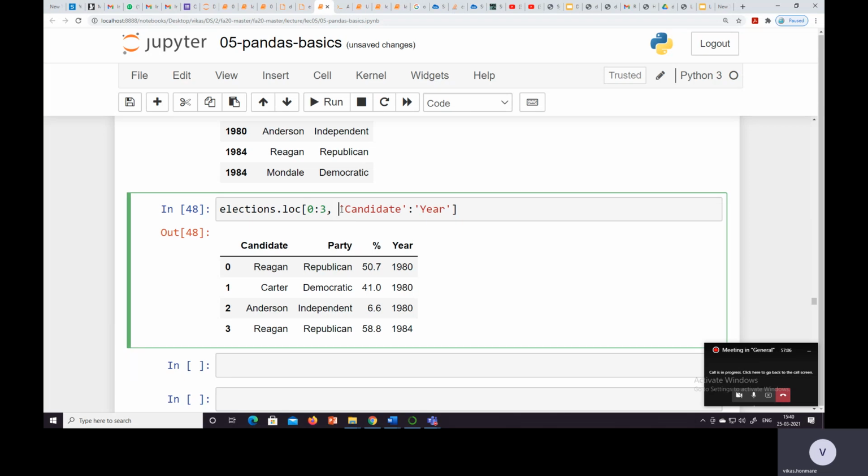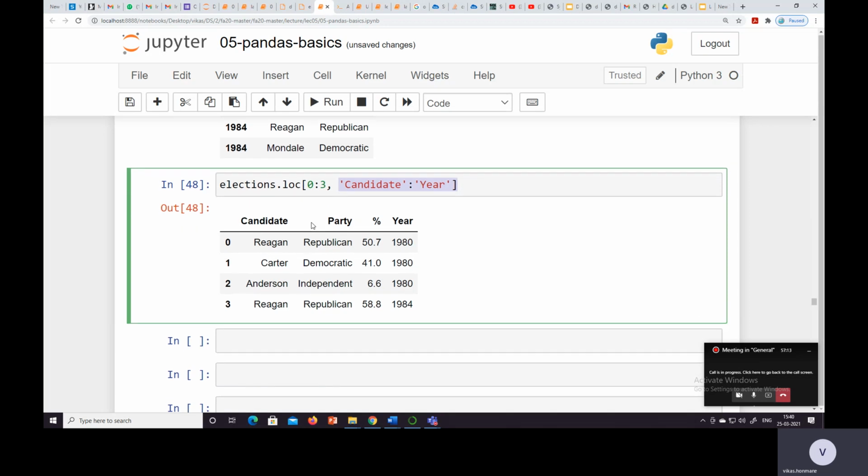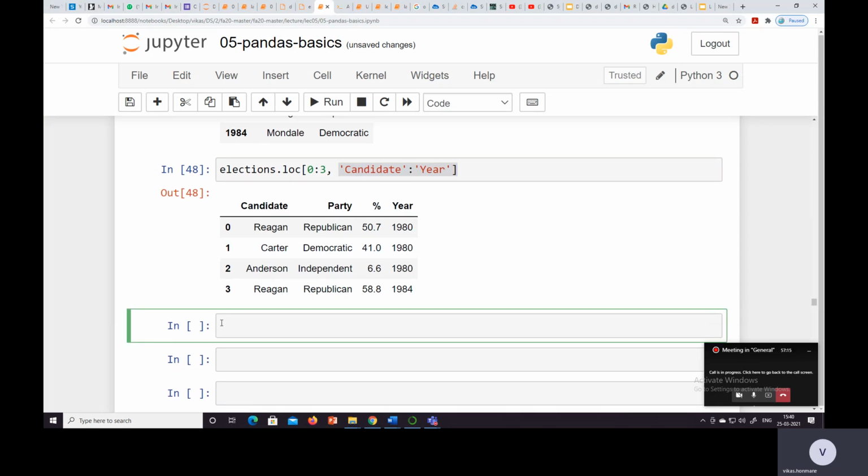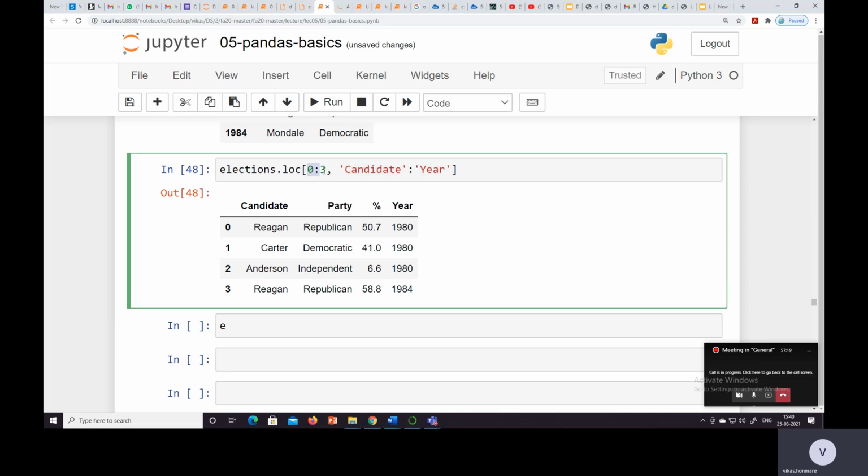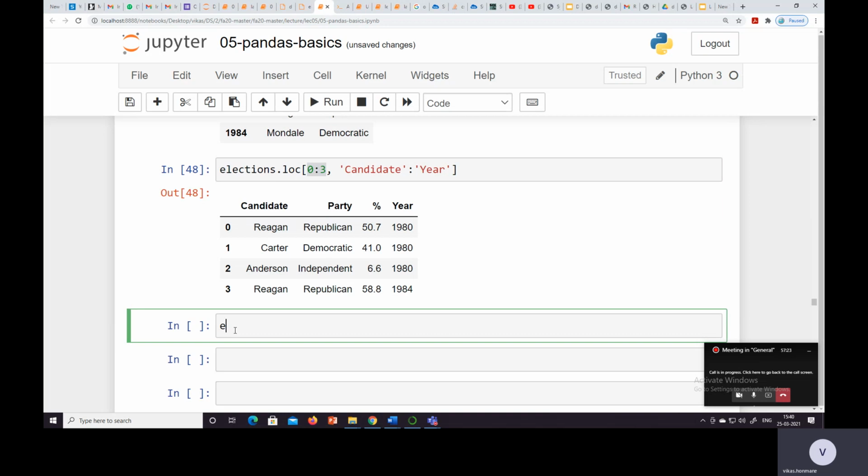When we use loc, we need to mention the column names. With loc, 0 to 3 means 0, 1, 2, 3, it is inclusive, and iloc is exclusive.